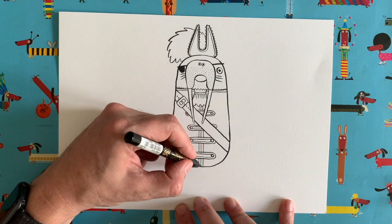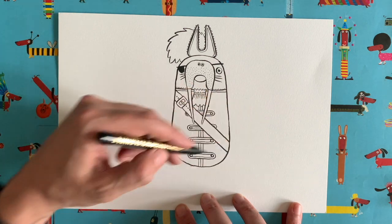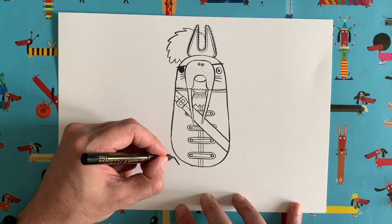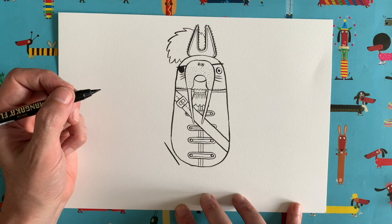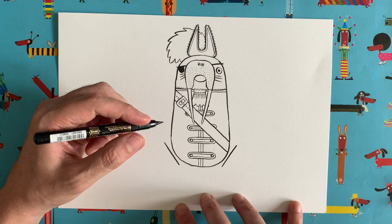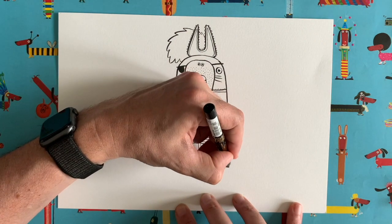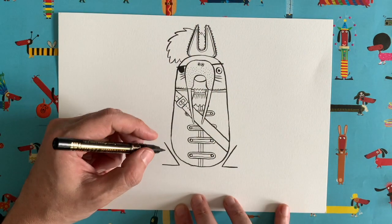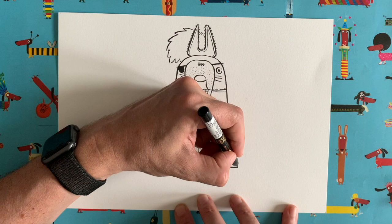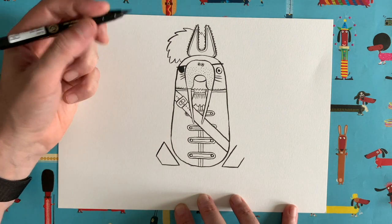The first thing to do is, imagine there was a horizontal line that just touches the bottom of his tummy there, that goes along. Move your pen along just to about there, and then we're going to draw a diagonal line up like that. Okay? And then we're going to do exactly the same, a mirror image on the other side, diagonal line like that. Then we are going to go straight along the floor, like that, on both sides, about 1.5 centimeters. Then we're going to draw another much shorter diagonal line, going in exactly the same direction as that one, like that. And then we're just going to join them up like that, with another diagonal line,